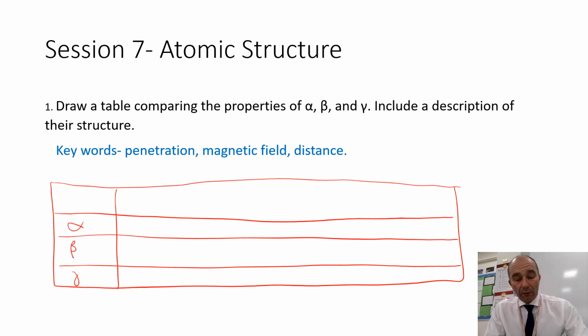You need to be thinking about a description of the structure of the type of radioactivity. Think about the penetration. How far does our material travel through the air? What materials block it? Think about the effect of a magnetic field on alpha, beta and gamma, and then don't forget about the distance